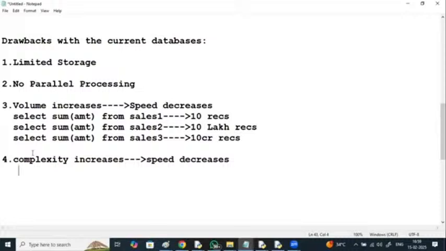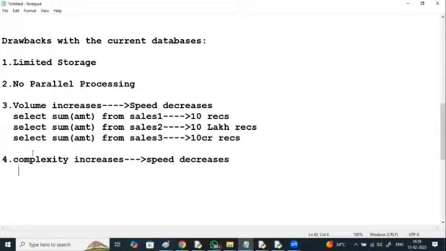One more: this time, standard deviation of amount from sales one. Which query executes faster here? Sum of amount, average amount, or standard deviation? Among these three queries, which executes faster?